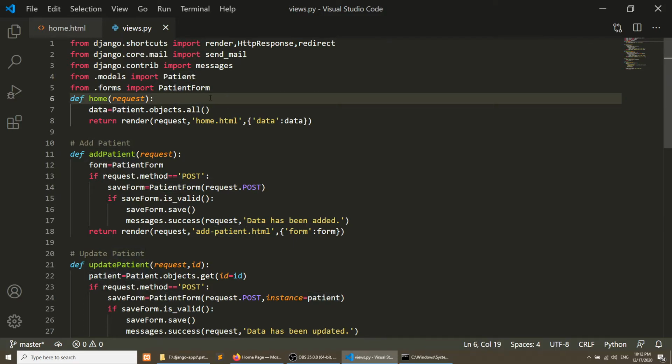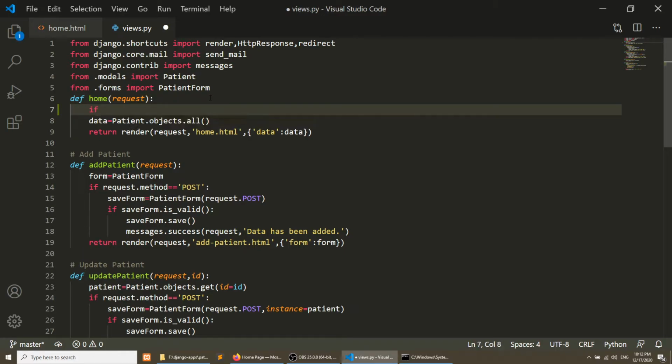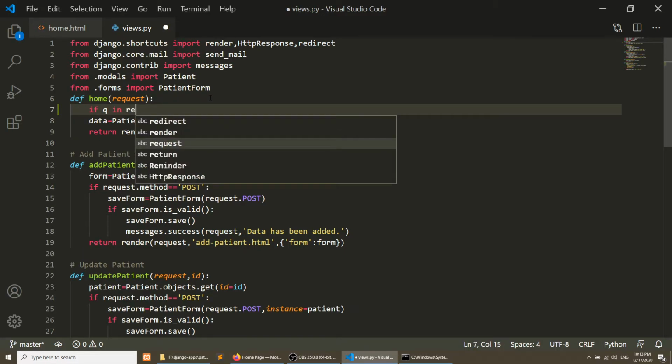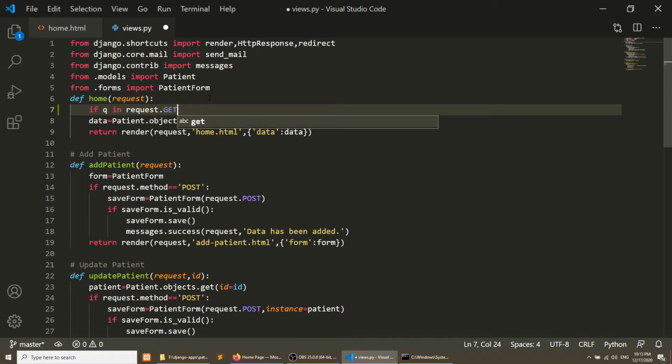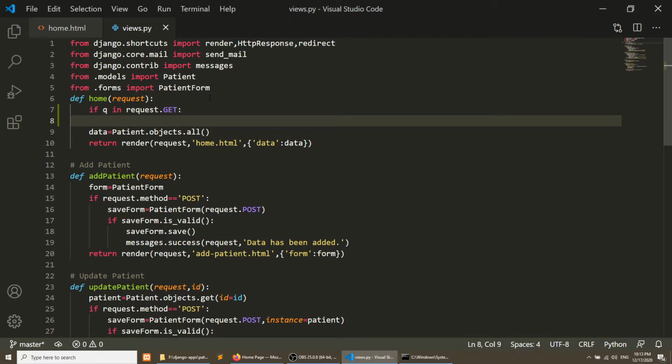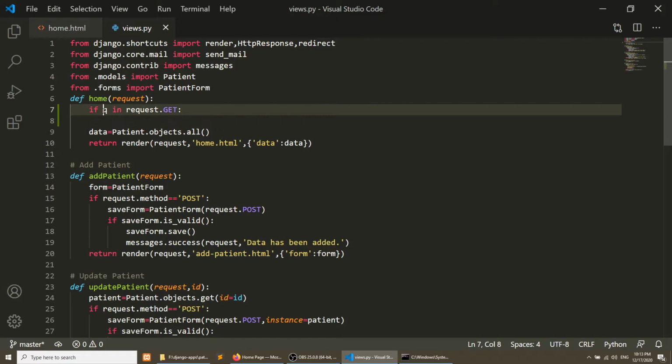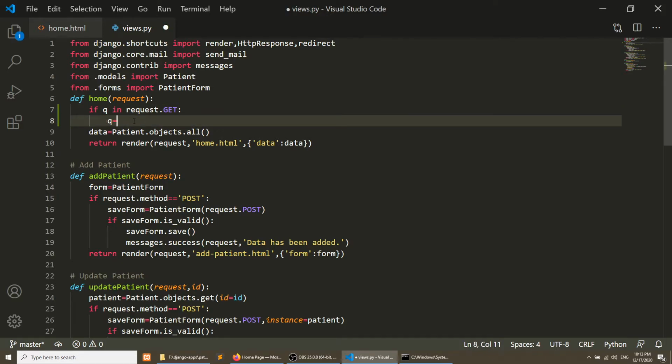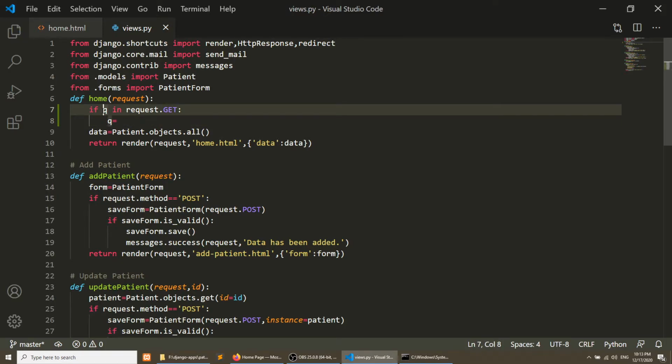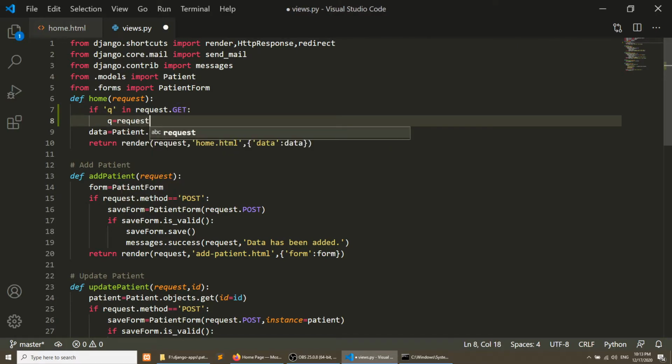So let's go to the view file. Now let's check if q in request.GET. It means if q exists in the request.GET method, then what we will do, it's a string. So we will save this query in the q parameter.